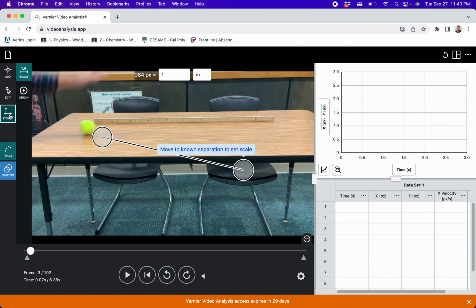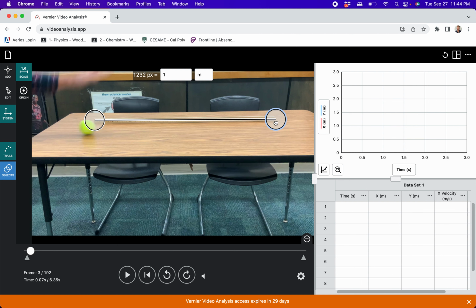So I'm going to click System, and first, I need to tell the video how big stuff is. I have a meter stick in my shot, so I'm going to take these scale markers and drag them across the two ends of the meter stick. Notice that as I drag it, it's recording how many pixels are from here to here. If I put this one over to the other side of the meter stick, now the software is saying that 1,228 pixels